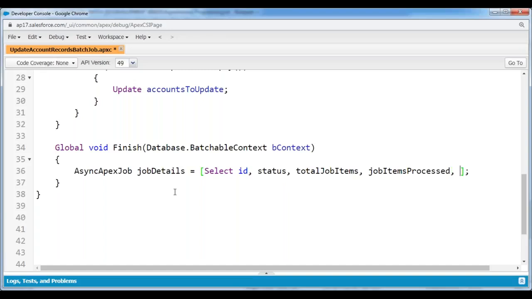How many batches have been processed by the Salesforce server? NumberOfErrors. How many batches have failed? CreatedBy.Email. That means what is the email ID of the created person, the owner of that batch. What is the email ID of the batch job owner? I would like to collect this information